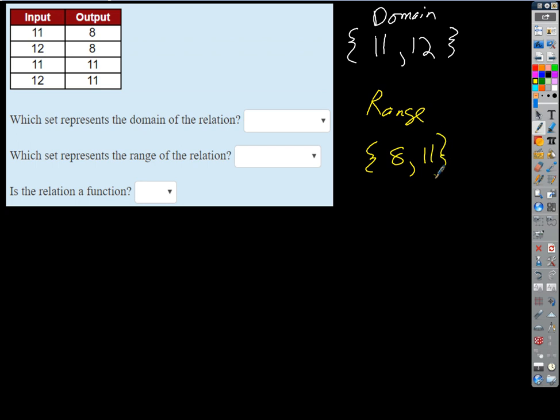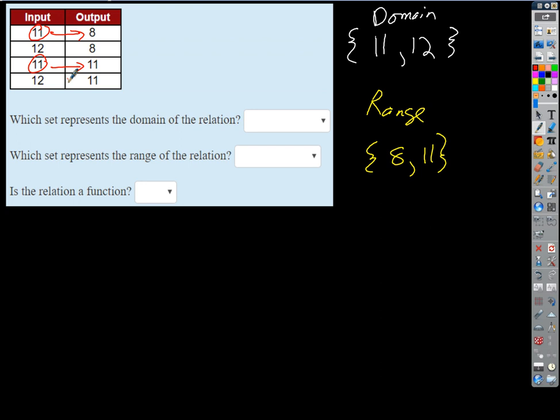Okay. Is it a function? No, it's not. How come? Because there's the same number. Yeah, okay, you get repeated values in the input, which means we don't care about the output part, right? You can have repeated values in the output, but if you have repeated values in the input column in a table, think what that's saying. That's saying that, for example, if I input 11, I could get back 8,